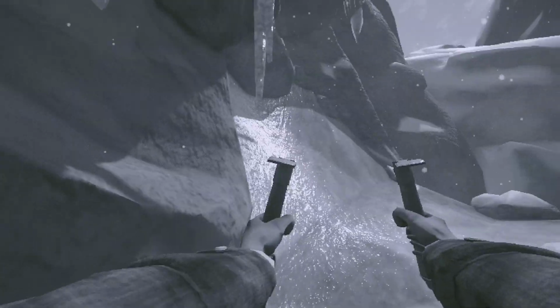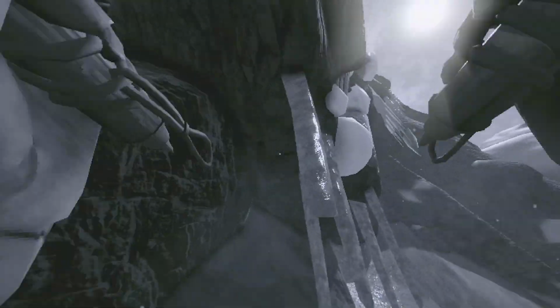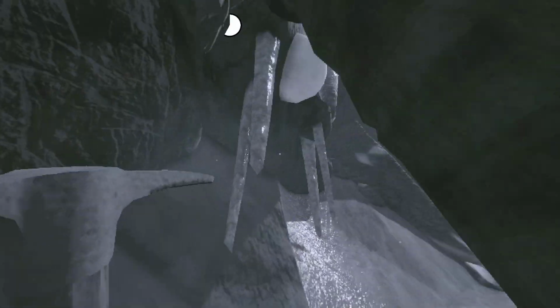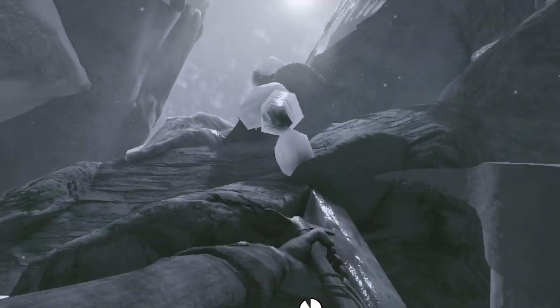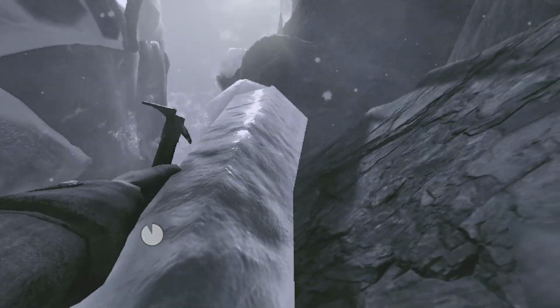They kind of swung to the left and right, going out rather than going in, which felt really awkward because it felt like I had to turn my camera really far to the sides just to be able to get one of my pickaxes to hit. And that was odd. That was just really disorienting.